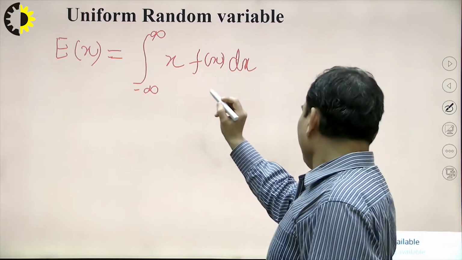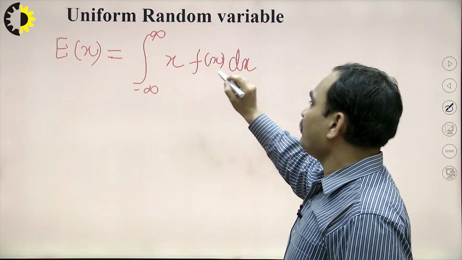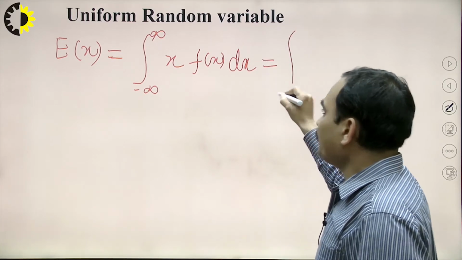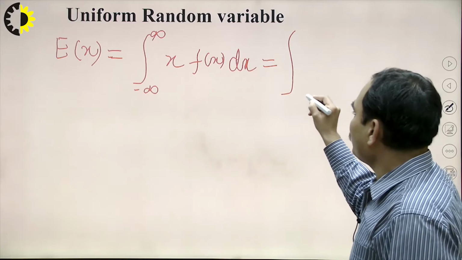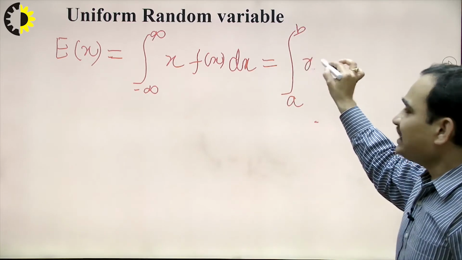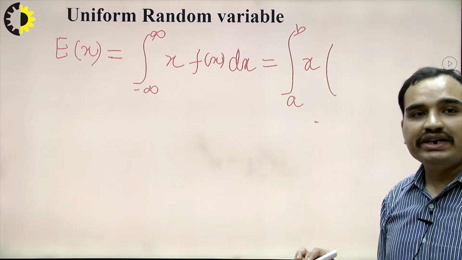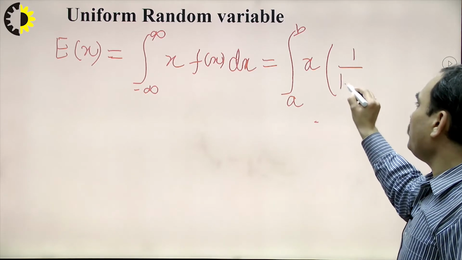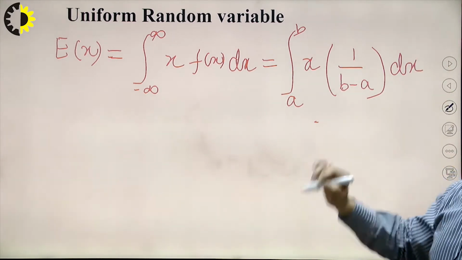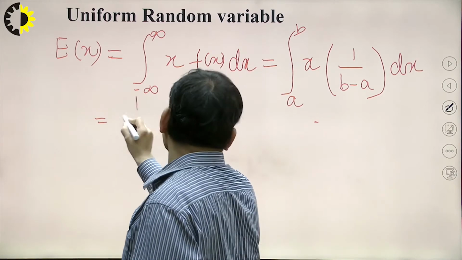So, here we are calculating the integral from minus infinity to plus infinity of x f(x) dx, which equals the integral with limits from a to b, where the random variable is x. f(x) is the PDF, the probability density function, given by 1 upon b minus a, times dx. Now, for integrating over the limit a to b, since 1 upon b minus a is constant,